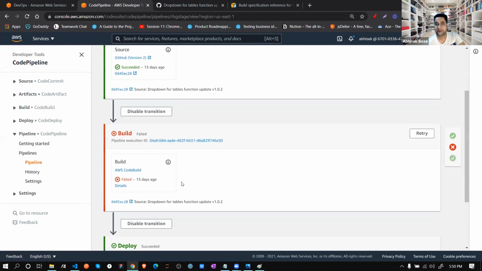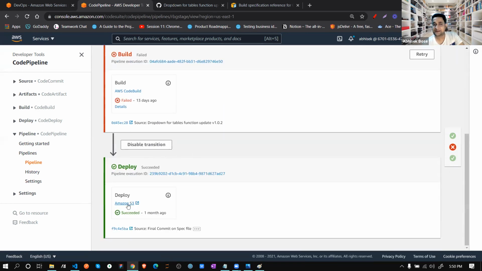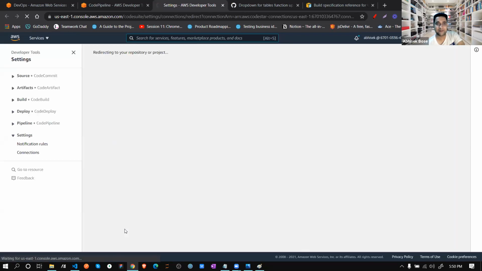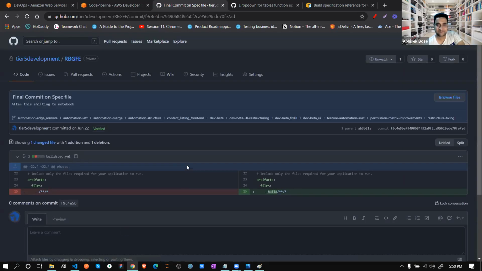Then automatically we created the build. Now the source is there, but I removed this buildspec.yml file. That's why this build failed. You can see, correct? Then the deployment, as I already mentioned, your artifacts you need to deploy in the S3 bucket so that anyone can use. So see, deployment is basically over here in S3. Correct? Now, if you need to see how I actually created my spec file, let's see if it's there or not.